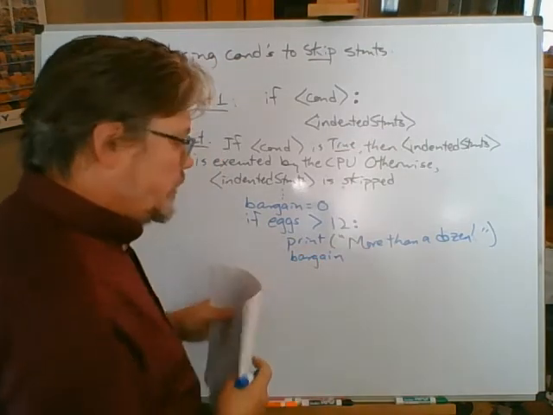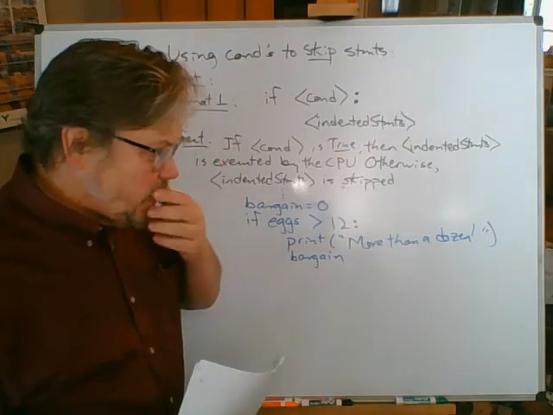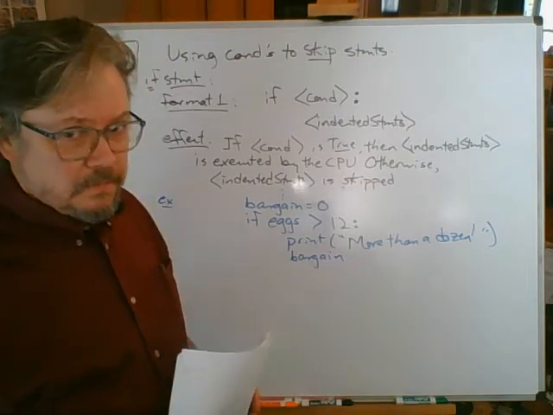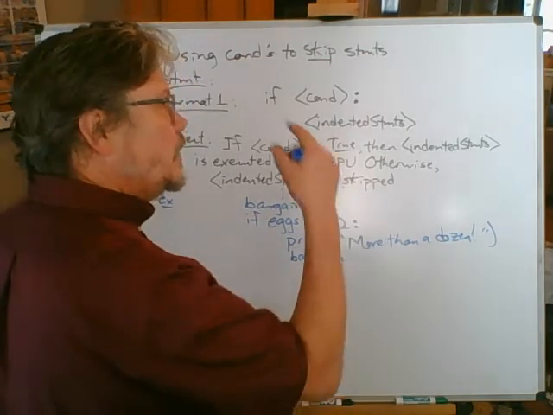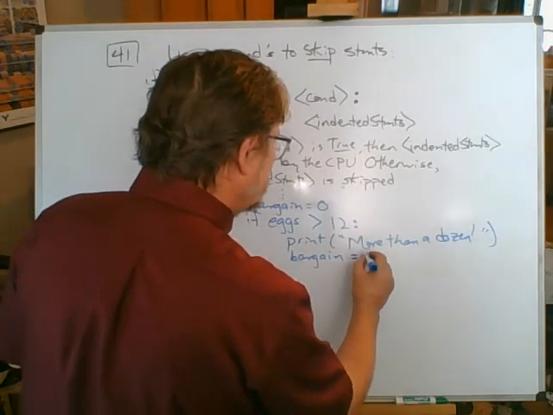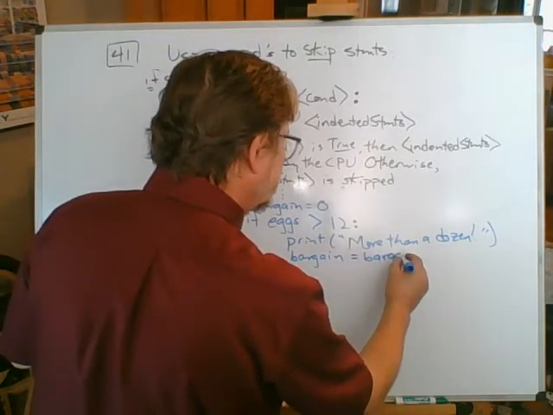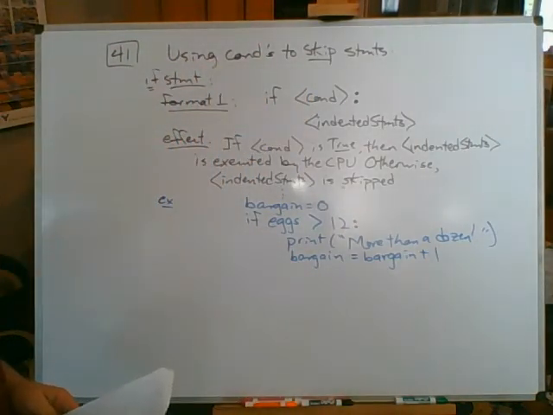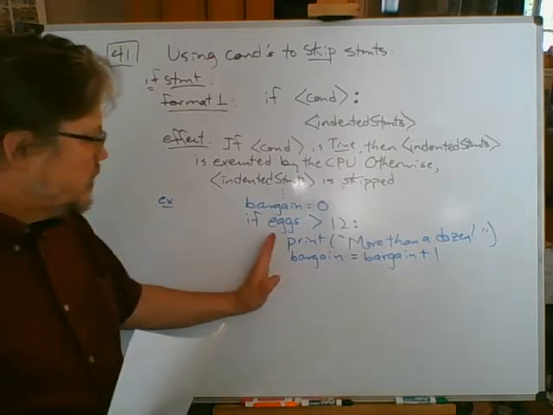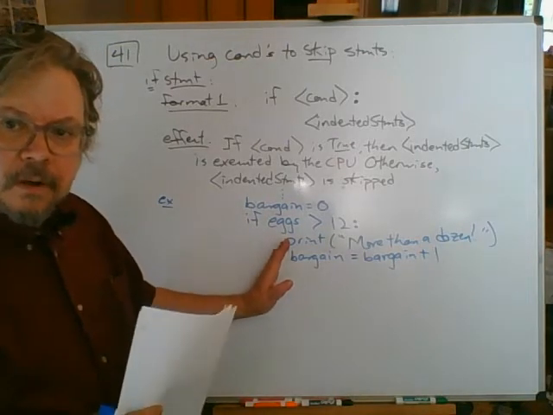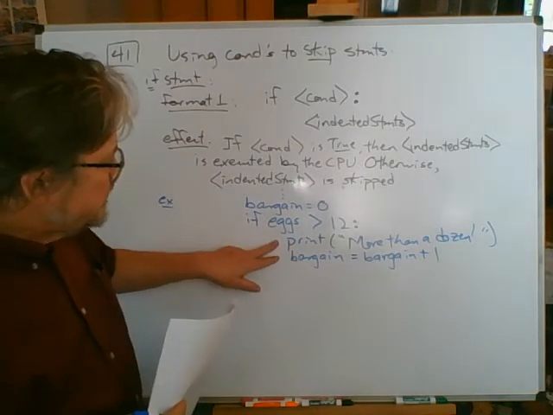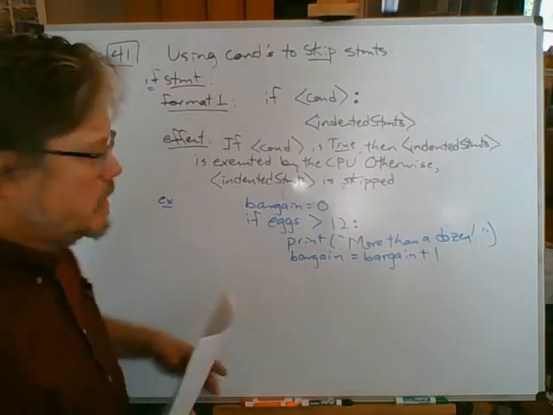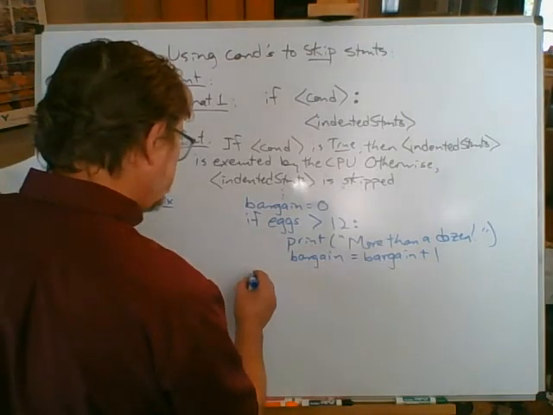Now, I don't know if this is a top 5 error, but it could still be an error, and you got to be careful with it. If I just said bargain plus 1 right here, that would be an expression, but it doesn't change the value of anything. If I want to increment it by 1 and make that the new value, I got to say bargain equals bargain plus 1. That is an increment statement. And that's all I want to be conditionally executed. That's how we describe these. All these new terms flying around. But these two statements will be conditionally executed based on the outcome of that condition. And then I'll unindent and say print